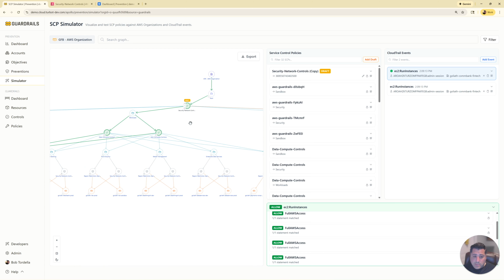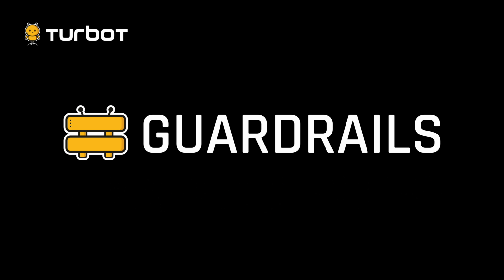There are a lot of opportunities to simulate and test different changes to make sure that it's safe before you deploy it within your organizational policies. If you're interested in using the simulator and assessing your SCPs across your Amazon environments, please